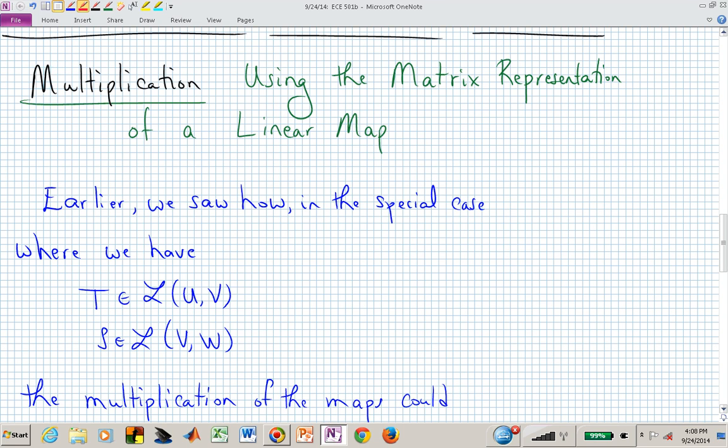Now, getting back to matrix multiplication, we have learned how to translate linear maps into matrices. We talked earlier about this special case of how we can compose 2 linear maps. We can go from the domain space U into a codomain V, and then operate on that result with another linear map S that goes from that domain V into a new codomain W,